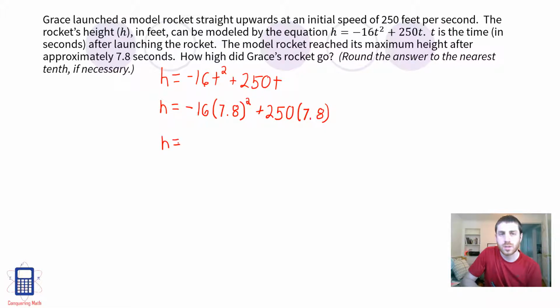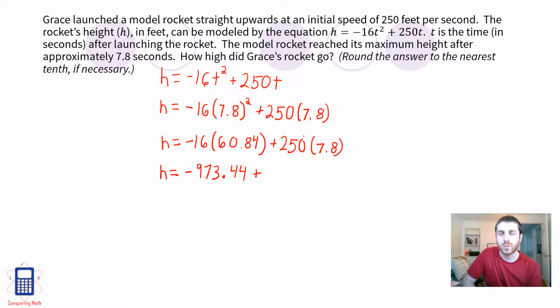So we have h equals negative 16, and then 7.8 squared is 60.84, plus 250 times 7.8. And now we've resolved all of the exponents, so that brings us next to M and D. Remember, multiplication and division go together, and you do them in left to right order. So the first multiplication that we see is right here. We have negative 16 times 60.84. And if you multiply those together, you'll get negative 973.44